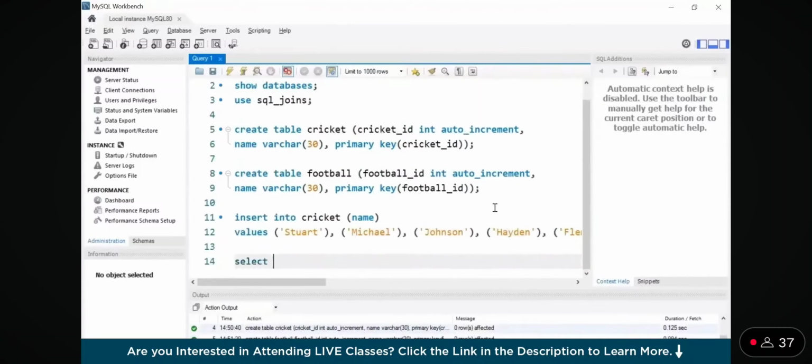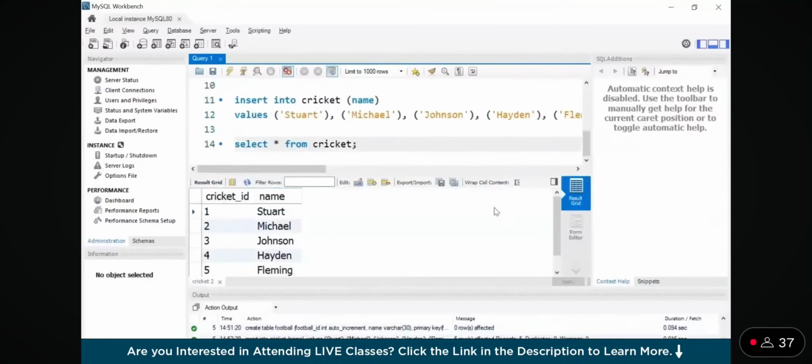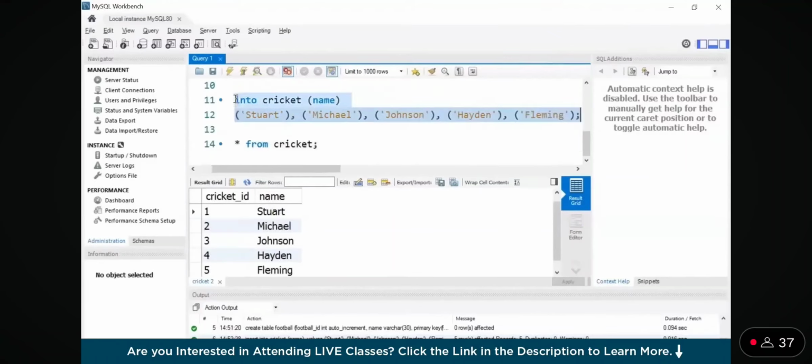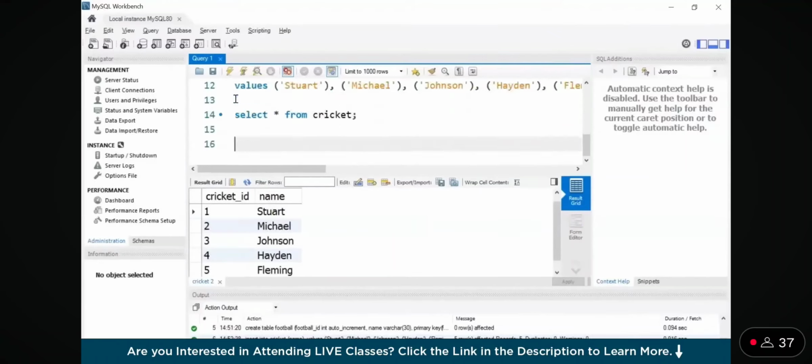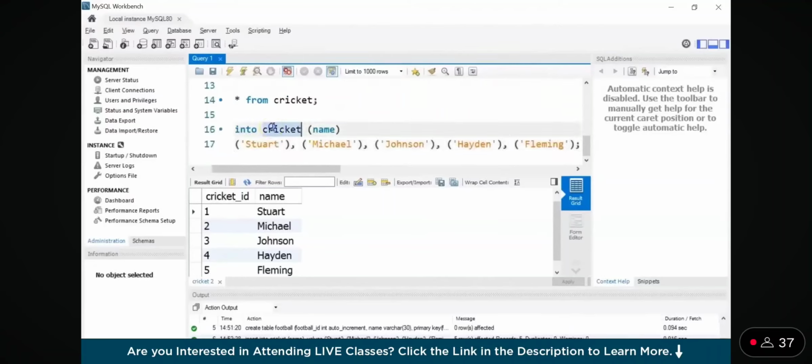Okay, so let me just check if all the values were inserted properly. For this I'll use select star from table, that is cricket. If I run it, you can see I have created a table and have successfully inserted 5 rows of information. Now similarly, let's insert a few student names for our football table. So I'll change this to football,